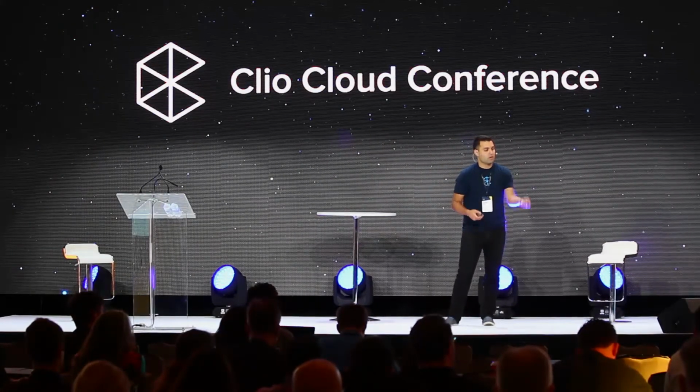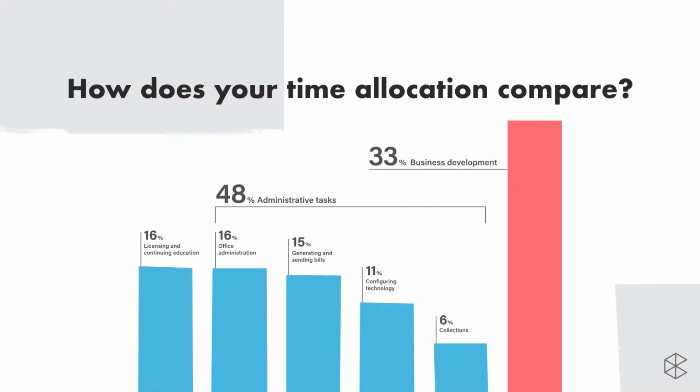I think a really important thing to do with this time allocation is to try to do your best to estimate where you spend your non-billable time and see if it compares to these categories. Maybe some people are just really awesome or have great referral networks built up and they're not spending 33% of their non-billable time on business development. That could be the case, but if you're spending more, maybe that's a red flag. That's an area to improve on and look at investing in some improvements in.